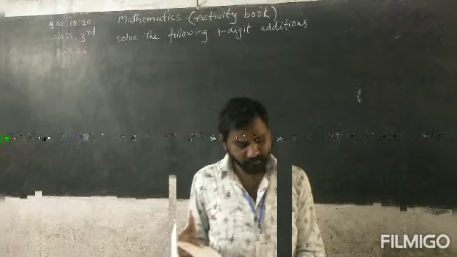Now 4 plus 5. See, keep 4 in the mind and 5 in the hand. You can count 4 after 5, 6, 7, 8, 9. Then you can write 9 under ones column. Now next we add the digits in tens place. 0 plus 4. What do we get, beta? 4. When 0 is added to any number, you get the same number. See here, 0 plus 4, 4. You can write 4 under tens place.